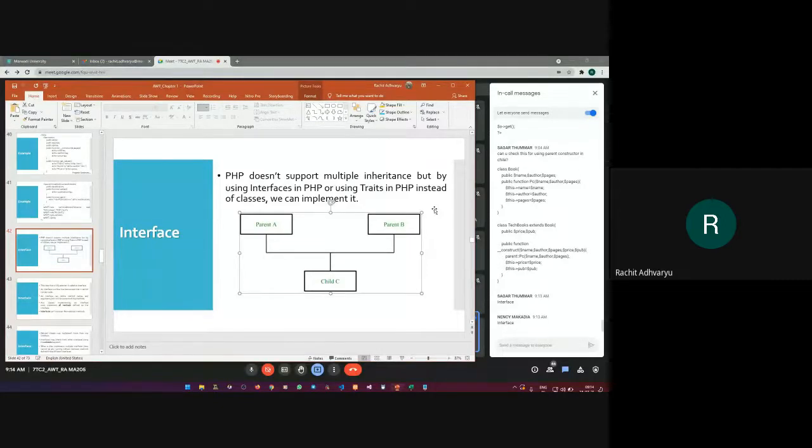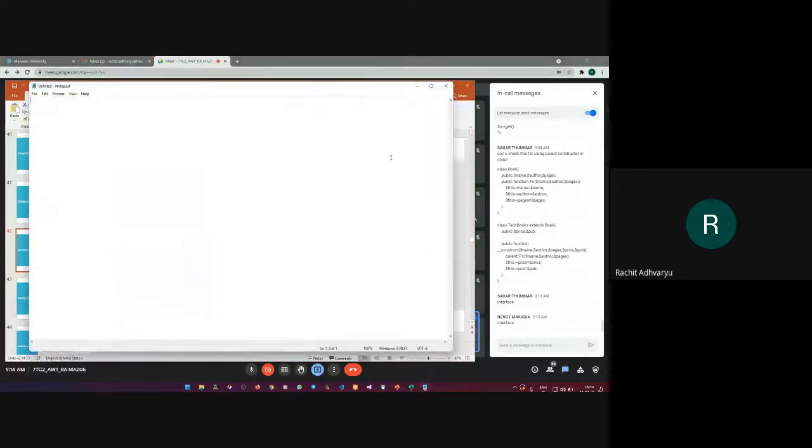If I am not wrong, right? If we declare the parent class with, I would say, interface keyword. And in this interface, what will we have? We will have only and only method declaration. We don't have a method body, we don't have a method definition or whatever the content of the method. We only declare the method.